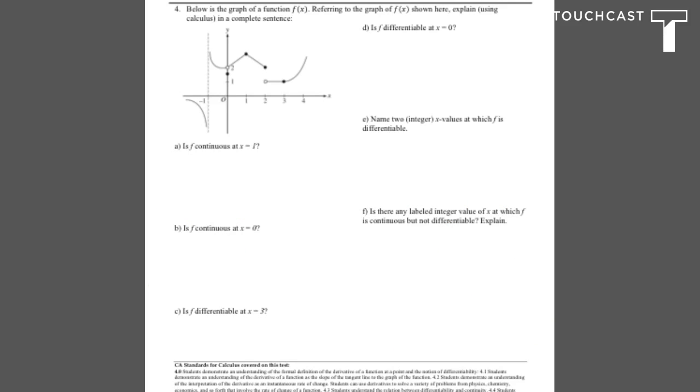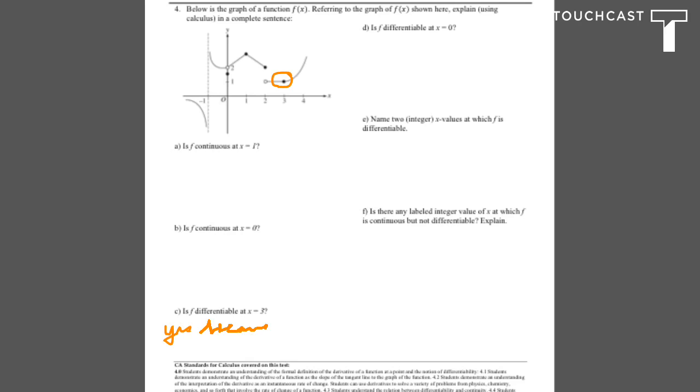So I want to talk about question 4. I'll skip the stuff about continuity, that's from last chapter. So question C, is f differentiable at x equals 3? So here's the place where x equals 3. Essentially I need to figure out if f of x is smooth and continuous. So clearly it's continuous since I can draw the graph there without picking up my pencil. It also looks smooth. There's definitely not a vertical tangent and there is no corner or cusp. So I would say yes,